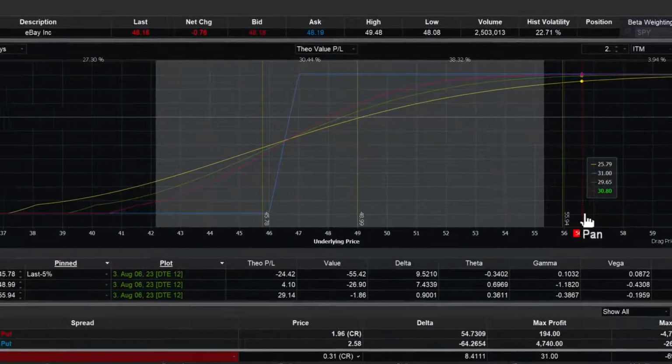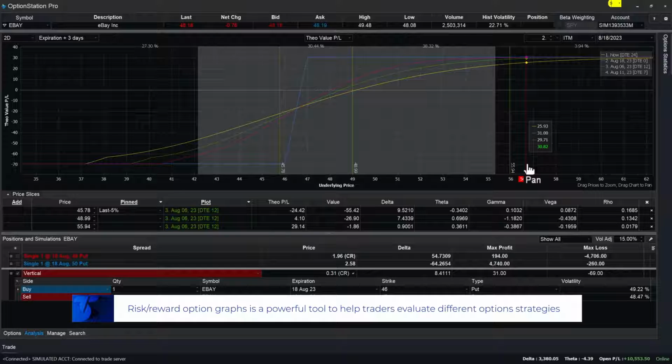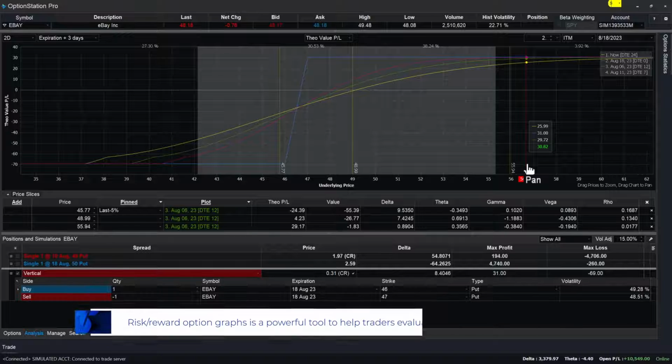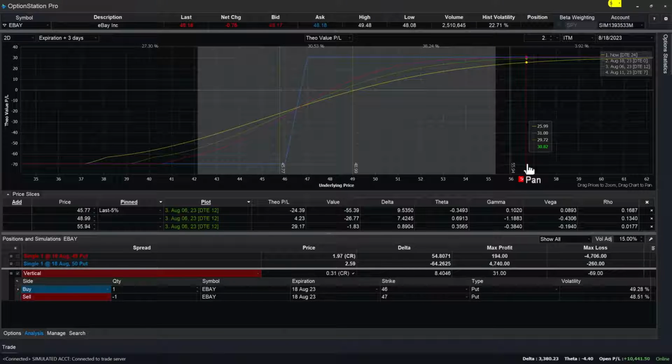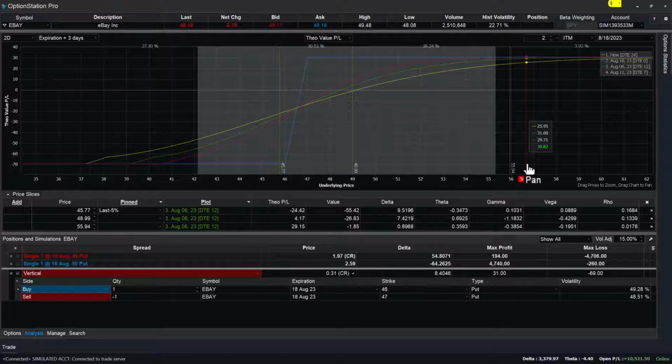In conclusion, creating and analyzing risk-reward option graphs in OptionStation Pro is a powerful tool to help traders evaluate different option strategies and make more informed trading decisions. By using option graphs for risk management, traders can identify potential risks and develop mitigation strategies. So get ready to explore and discover how OptionStation Pro can help you improve your trading